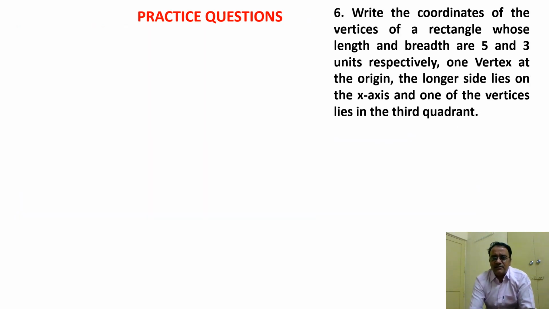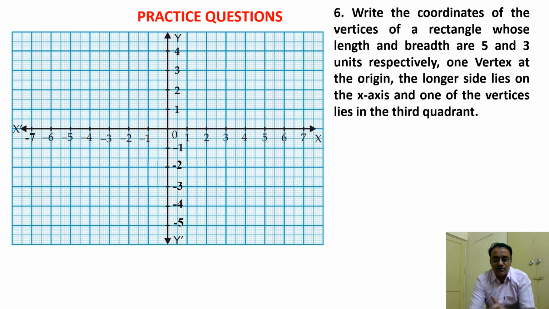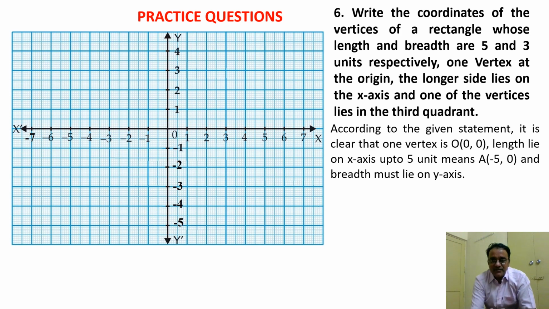Write the coordinates of the vertices of a rectangle whose length and breadth are 5 and 3 units respectively. One vertex at the origin and the longer side lies on x-axis, and one of the vertices lie in the third quadrant. Okay, so this point is very important. One of the vertices lies in the third quadrant. So first of all, one of the vertex is origin, right? It is clearly mentioned, and length lies on x-axis up to 5 units will be